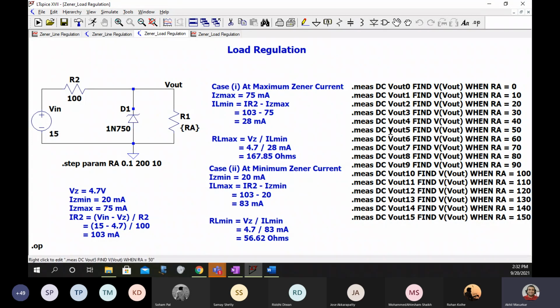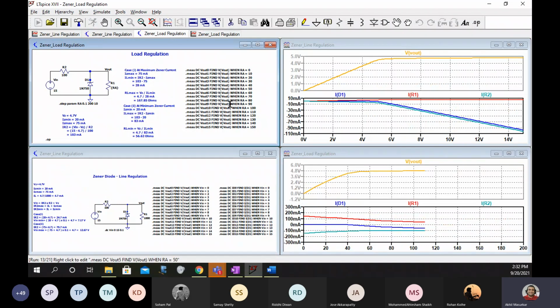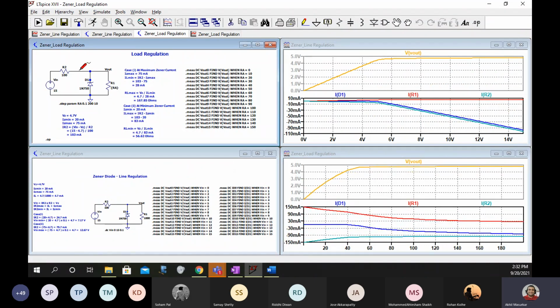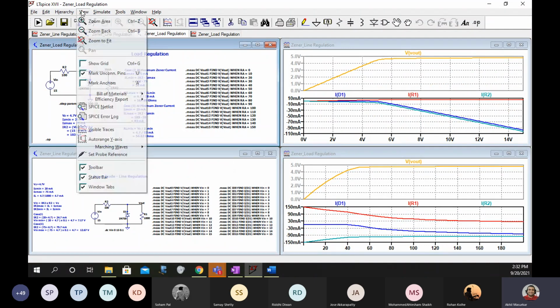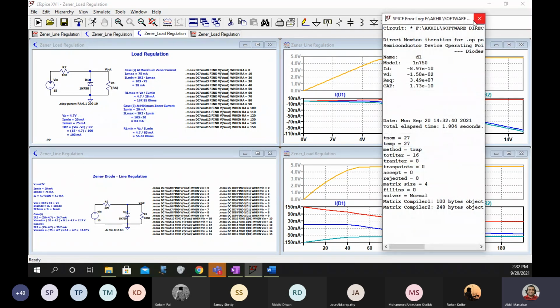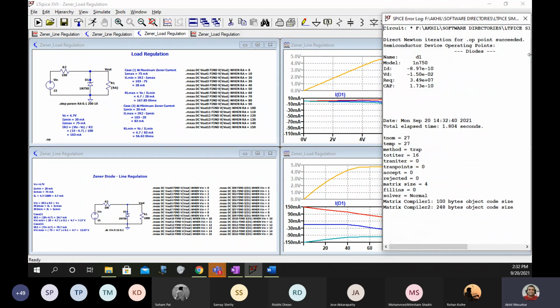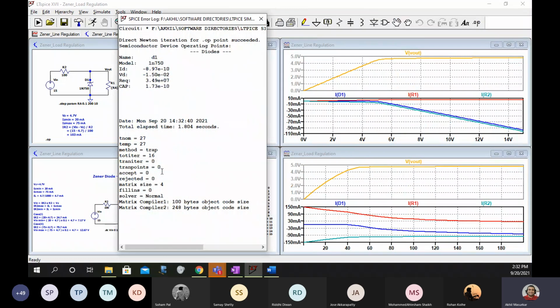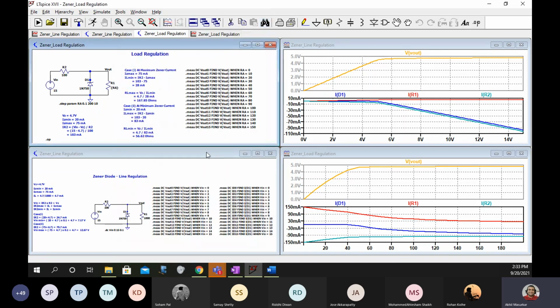For example, if you run this, you will get the graph, no problem. But now if you try to see the error log file, it will not show you the values. It will say no error, it will say that it has succeeded, but it will not show you the values.